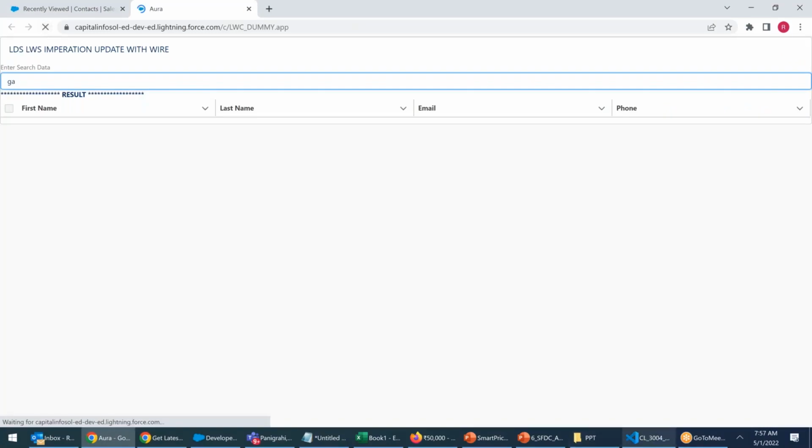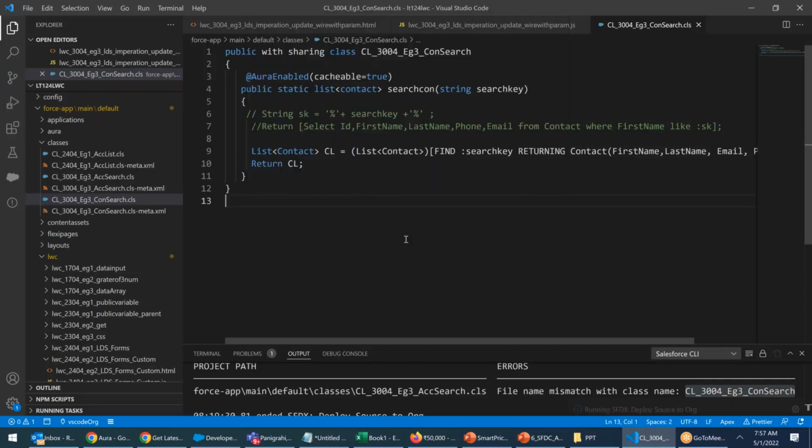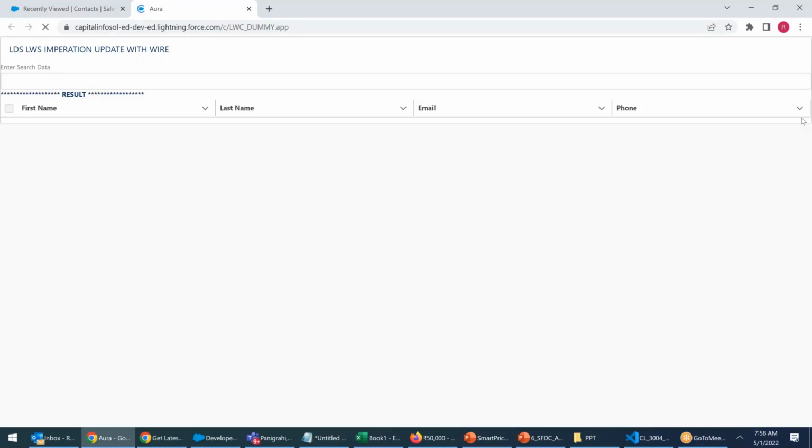By the way, we didn't deploy this. Control Shift P. Deploy this to the source org. There we go. Now I go ahead and refresh my component. Currently, I'm not searching in only the name field. I'm searching everywhere. Name, phone, city, country, title, description, everywhere. I type R,